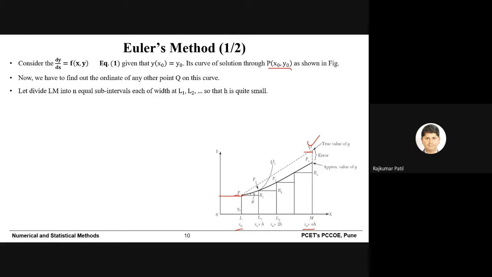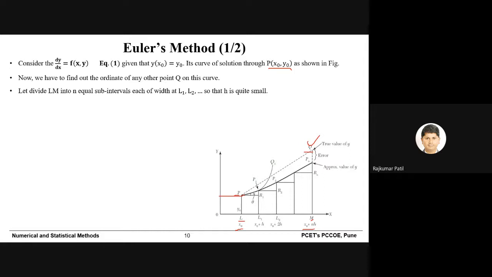So what is done? The x-intercepts, that is L and M, for the function f of x y corresponding to points P and Q. Now this interval LM is divided into n number of sub-intervals, and all intervals are equal. And for the different segments we can give names as L, L1, L2, and so on up to M.